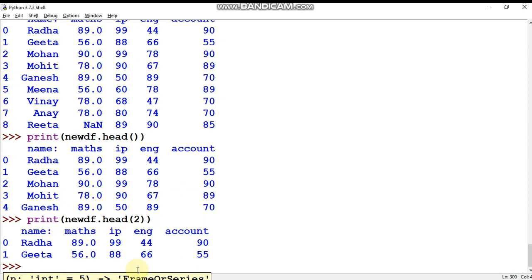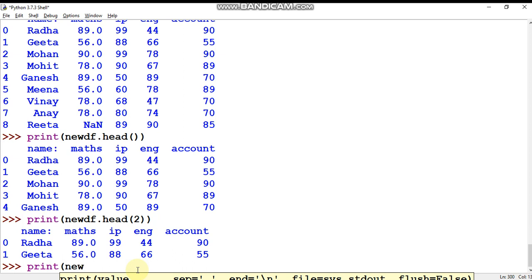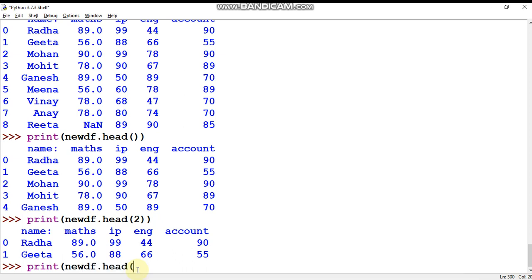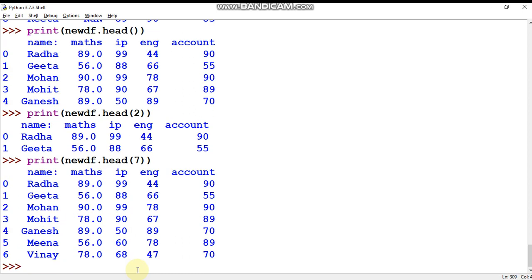Same way, if you want to display the first 7 rows, pass 7 as the argument and now the result will be displayed from 0 to 6.